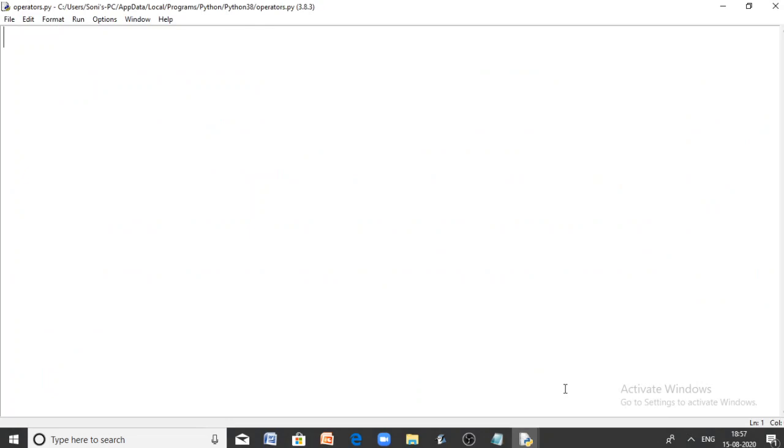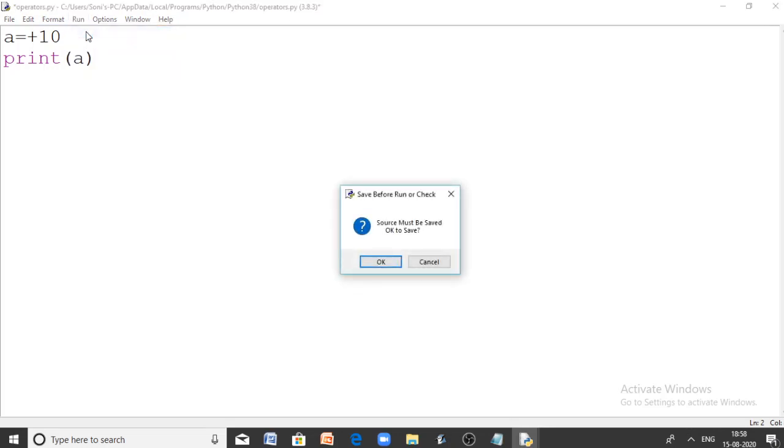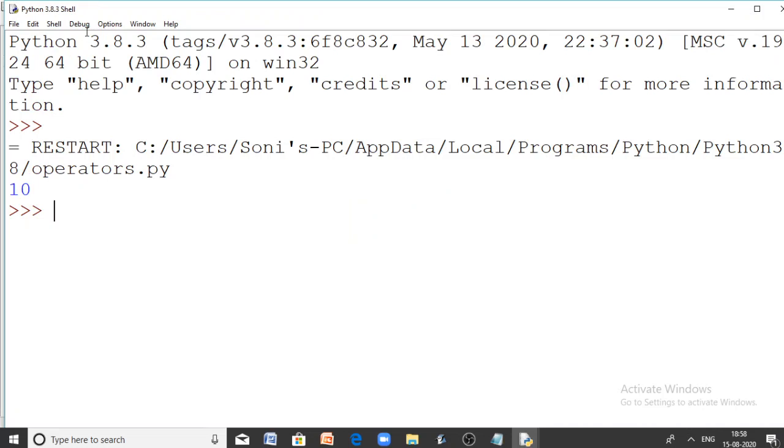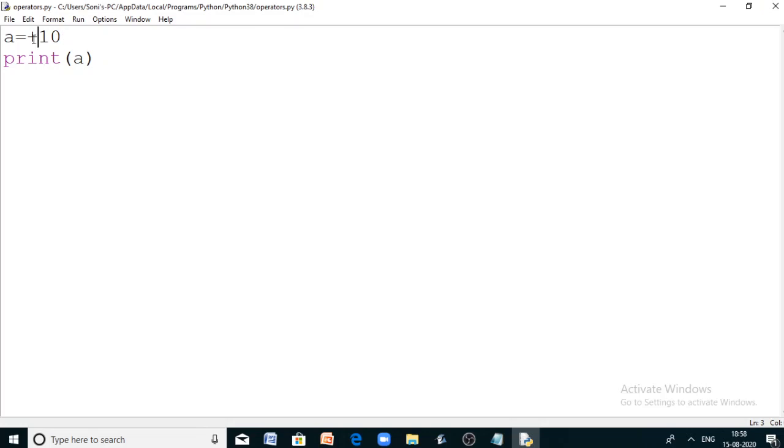Okay, let me have a small code for this. For example, a equal to plus 10. Okay, a equal to plus 10. So here 10 is nothing but a positive number. If I am not mentioning this plus, no problem at all. Still it's a positive number only. But this plus is playing an important role here. It is playing a role of sign here. Right now it's saying that it's a positive number. Now let me print a, and by seeing it you can identify that this is a positive number. Yes, still 10 is positive, so it's printed without sign, but by seeing it you can say that it's a positive number, right? So in this case it's called unary plus.